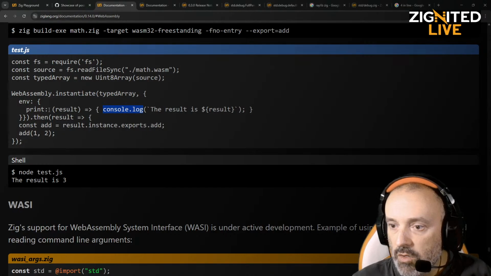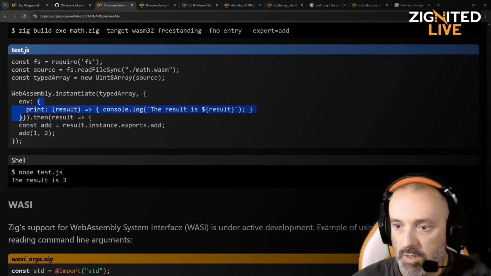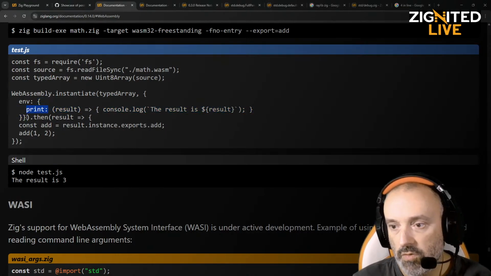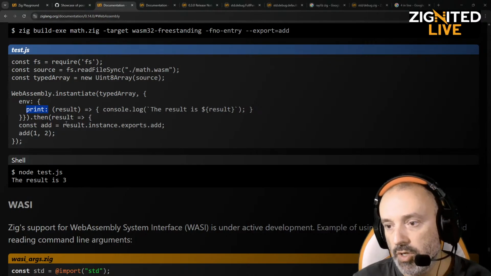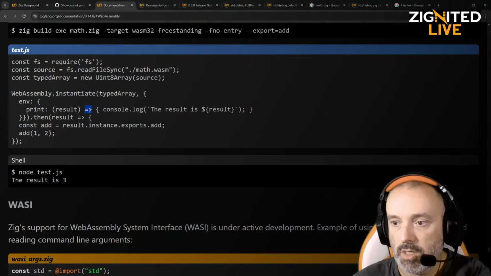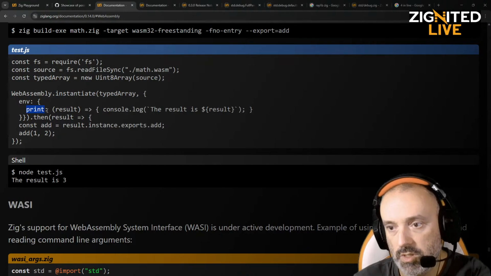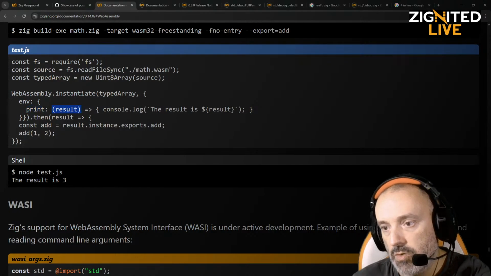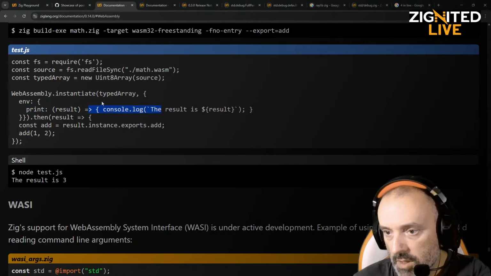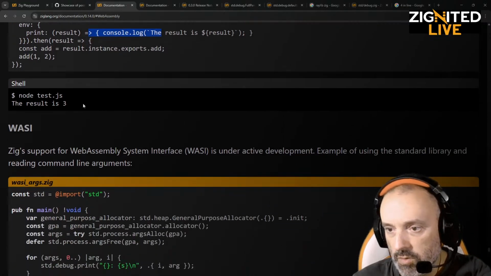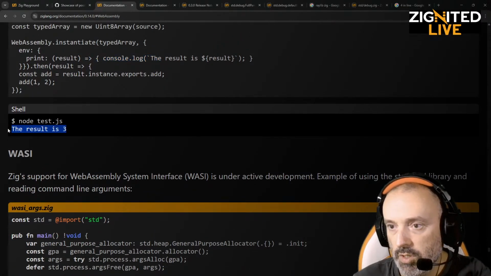Okay, and they also create, so this is an object that they have. So this is like a struct in Zig, right? It's an object. And this is the first field of an object. And what they will do here, they will take this anonymous function. They will input it. So this will basically be the name for that function. You can think of it like that. So it's like you're having the print as a function, and it is going to take this result and print. Okay. So then you have the output here,